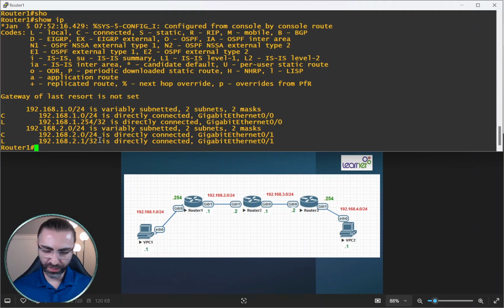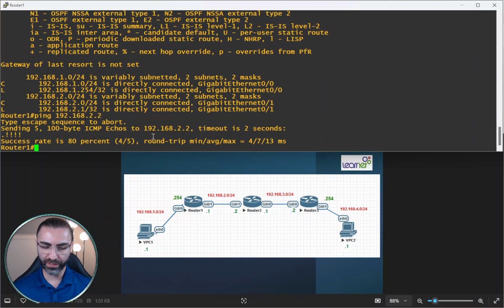So in this case, on this router, I need to check, for example, ping 192.168.2.2, which is the IP address of this router. And if the ping replies, that means the communication between router 1 and router 2 is established and they can see each other. You have to do this step by step. I mean, from router 1 to router 2, from router 2 to router 3, and even from your endpoint to the routers. For example, in this scenario, from this PC to the router, you have to